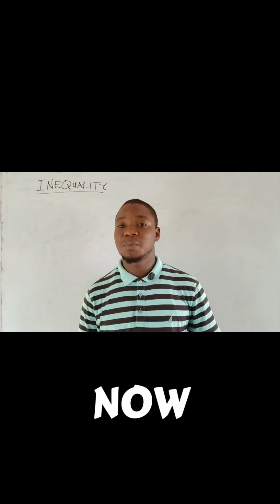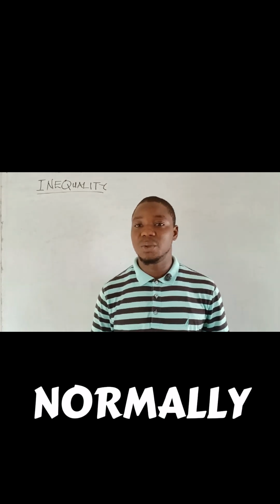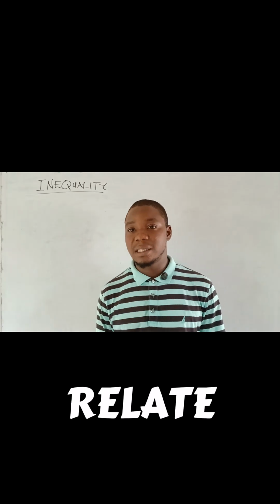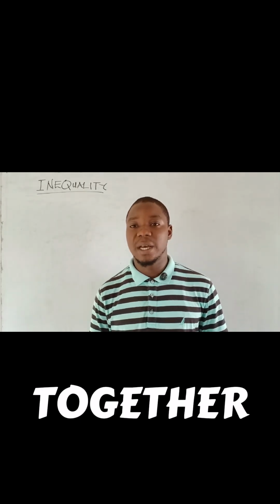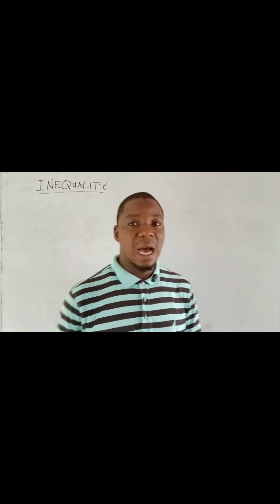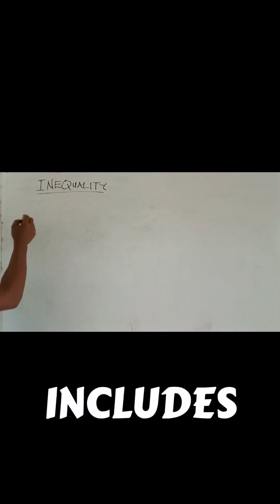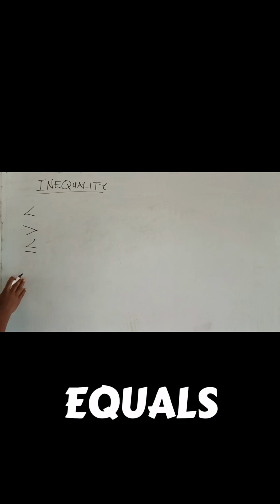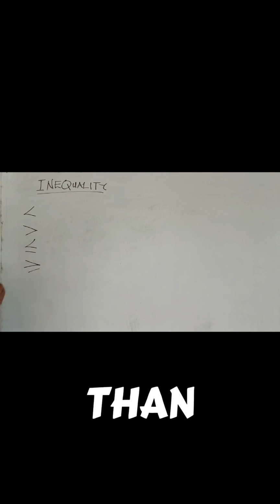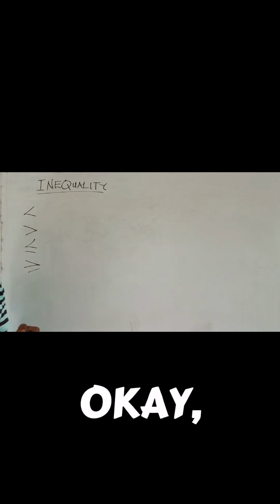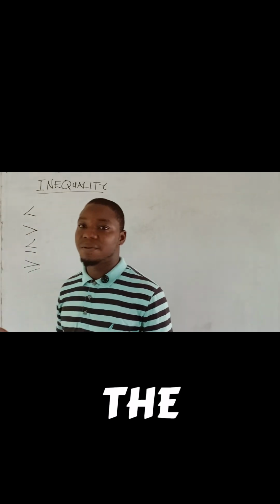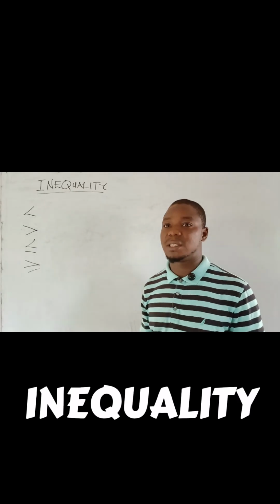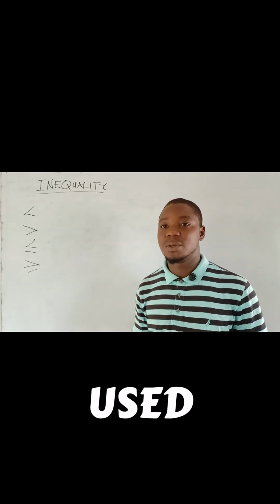There are some special symbols we normally use to relate two or more quantities together in inequalities. These symbols include the less than sign, the greater than sign, the less than or equal to sign, and the greater than or equal to sign. These are the four basic inequality symbols that are used to combine